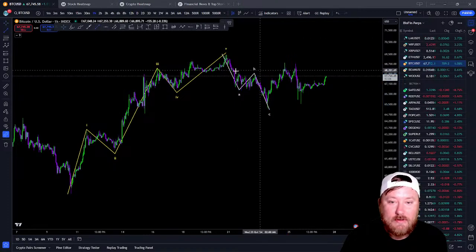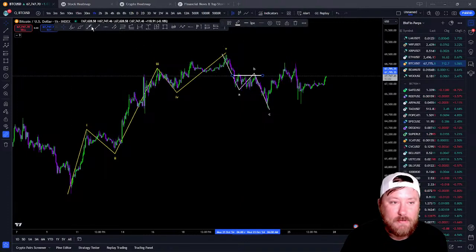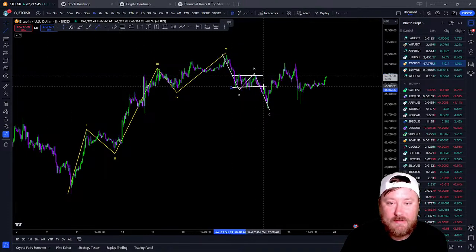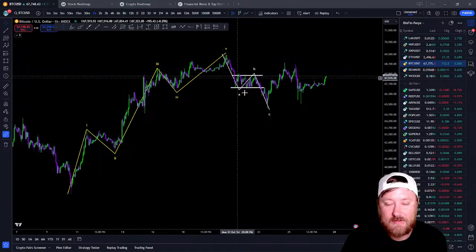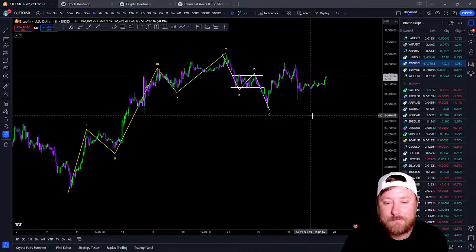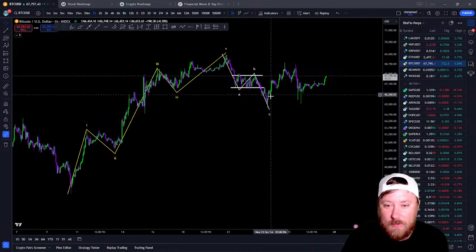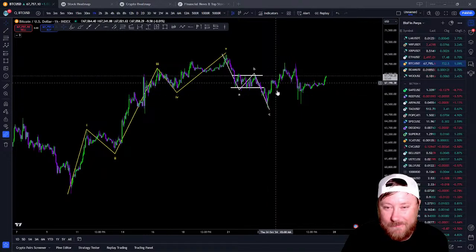We can see, let's just go ahead and draw this. We create a little bit of a consolidation area, and then we continue, which is basically what a flat correction is. It's a consolidation area and then a continuation. So yeah, and then off of that, we might have put in